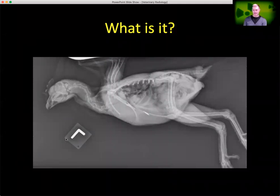Any thoughts on that? A baby flamingo, not a bad guess. Chicken is right. It's a chicken. You can see the comb here and the little beak here, and ever so faintly some of the feathers. Again, they don't show up very well because they're not very thick, and they consist of atoms that don't have high atomic number. You can see some of the tail feathers here, and the quills of them are a little